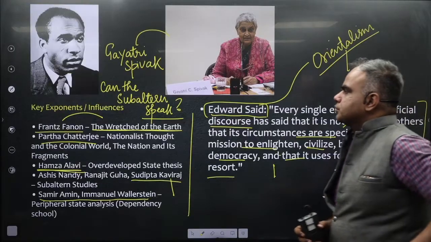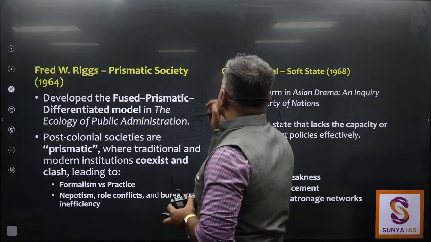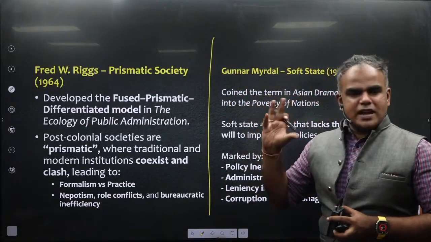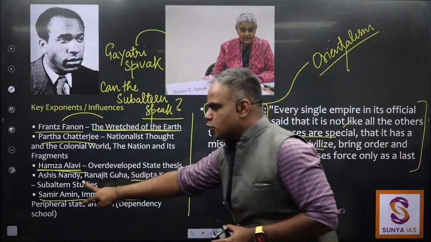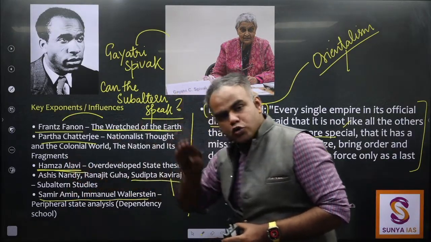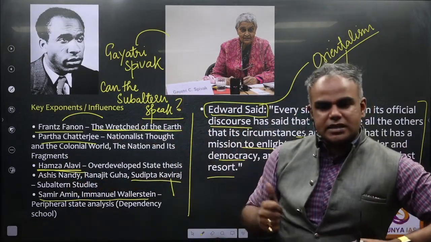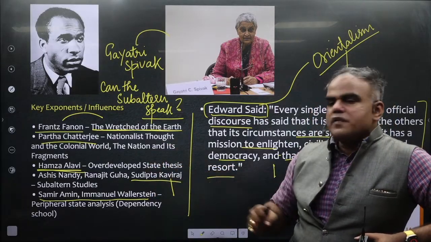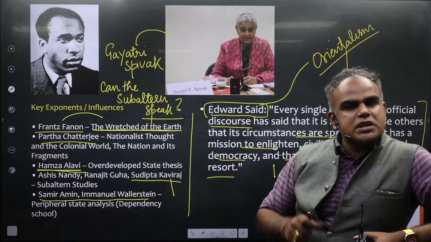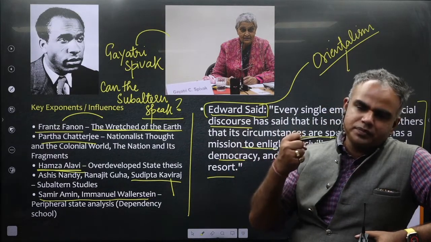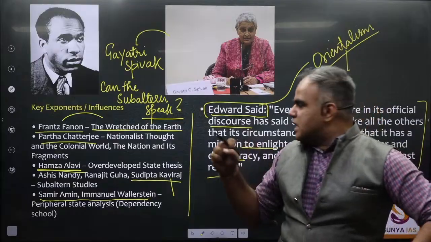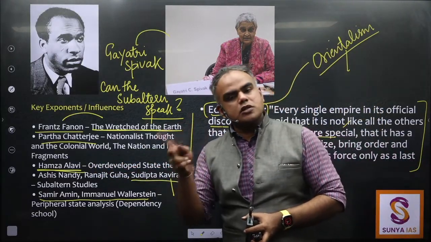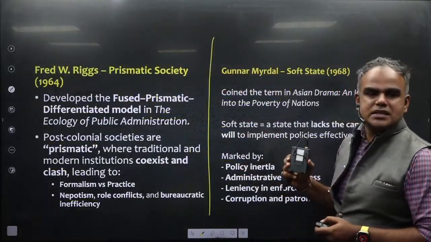Now, if I want to understand these societies, there are two or three ways to do it. This I've already explained to you. This you should also additionally add. When you want to analyze these post-colonial societies, you have to talk about development of underdevelopment, because even after getting independence, they are still being exploited. These societies also have an overdeveloped state. This we have seen, but these societies can also be viewed from two different lenses.